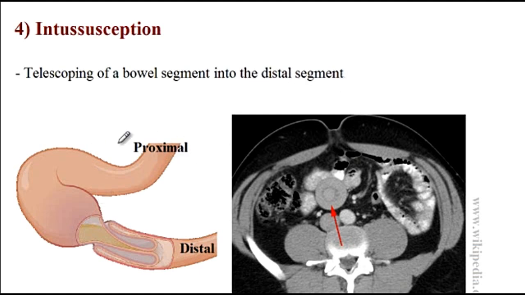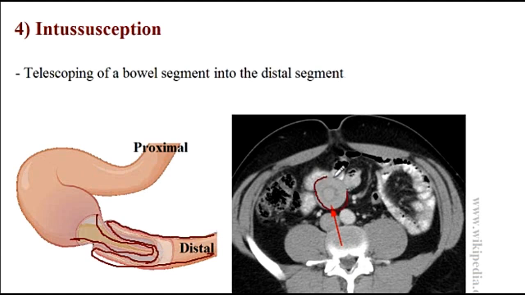The next condition is intussusception, which is a telescoping of a bowel segment into its distal segment. So here you can see how the proximal bowel has telescoped into its distal bowel. And then here on the CT scan, you can also see that two bowels have telescoped into each other. And so it's thought that the intussusception, which is commonly seen in children,